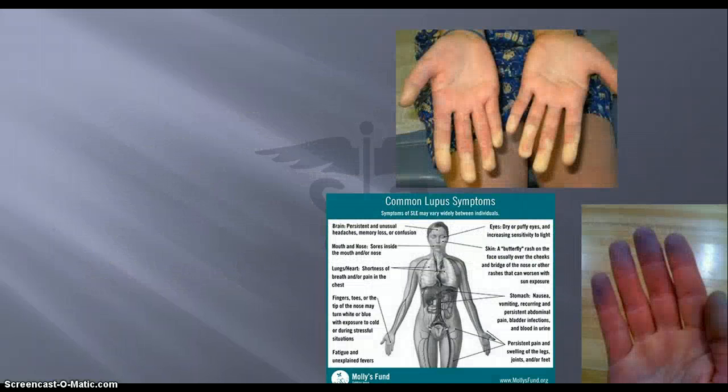Now here are some of those pictures. As you can see up at the top, there's that white, like I was saying before, but it kind of travels itself down in its own way. And then the blue too, it looks just like somebody's got frostbite. It's very cold looking. And then there's a picture here of common lupus symptoms based off of each different part